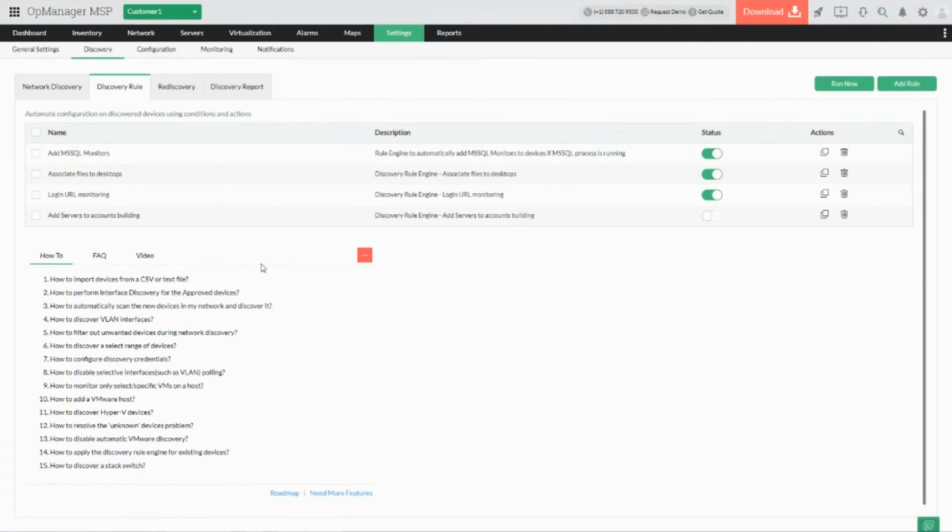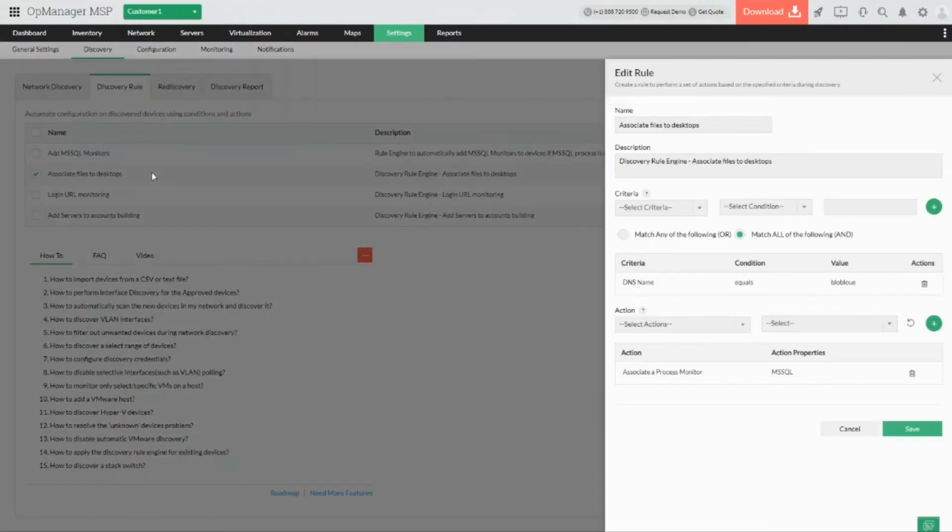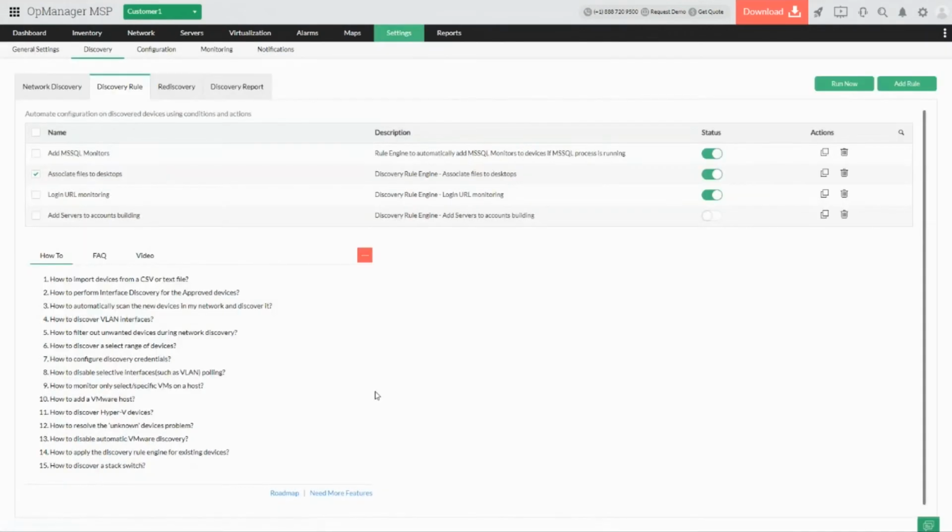Let's say the client comes in and gives these instructions. I want to monitor 100 devices, and if it's a router, it should be over there in this business view. It should have these notification profile and criteria. It should be there with these set of monitors. When you have these criteria in place, instead of doing them after adding the devices, you can directly create your Discovery Rule Engine, and this Discovery Rule Engine is going to do all the multiple tasks automatically during the discovery itself. And when you're configuring it, you can just configure the Discovery Rule Engine with the specific criteria, start the discovery, sit back and enjoy.